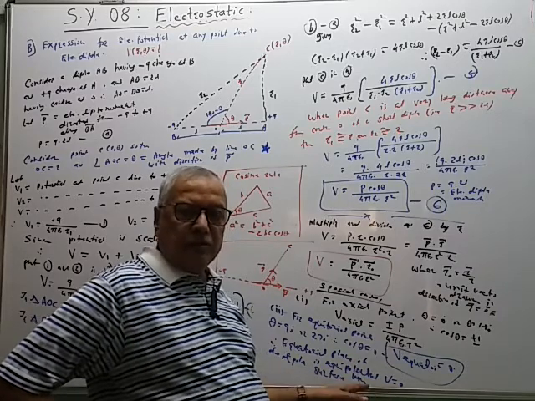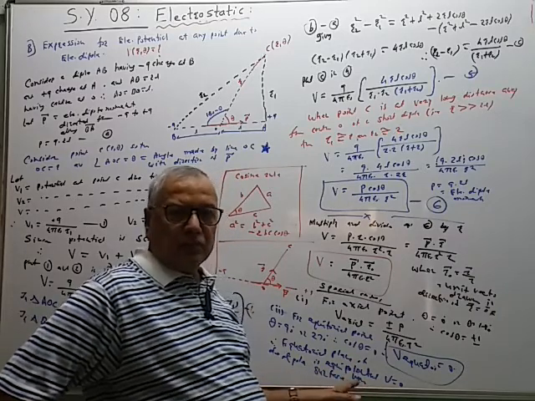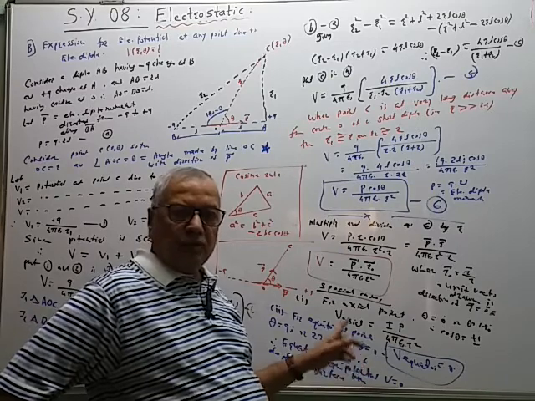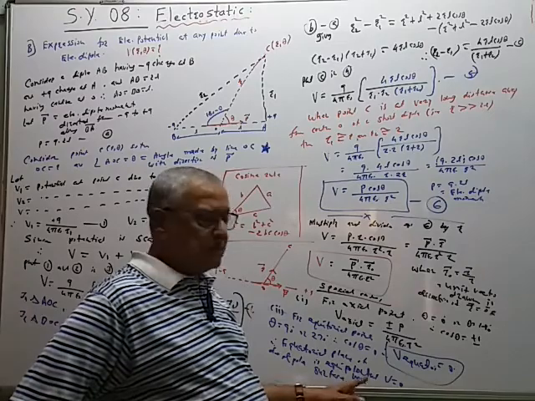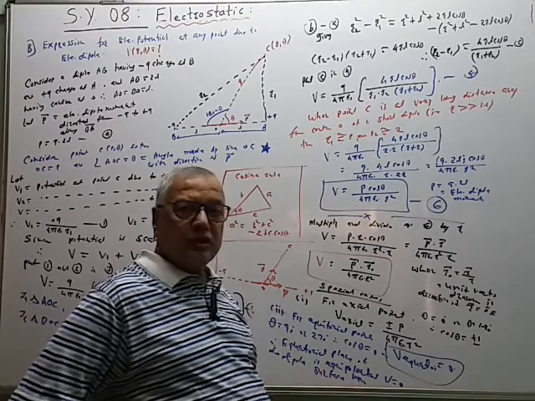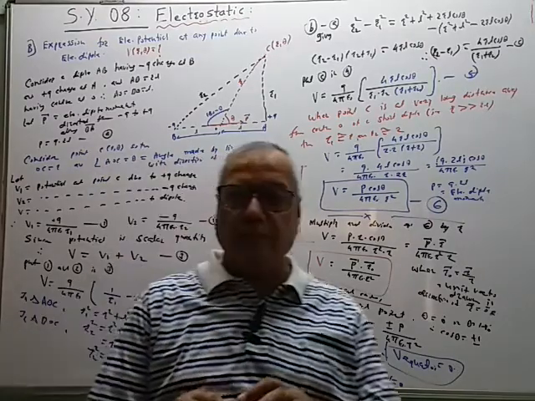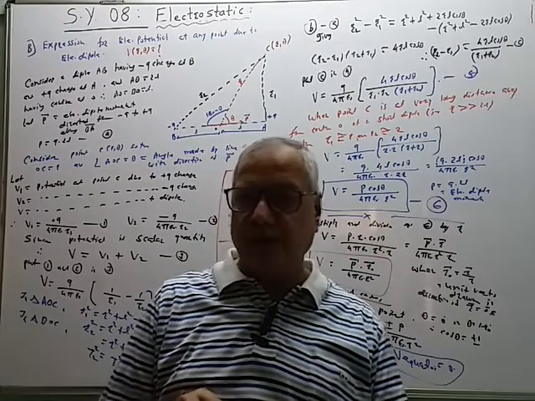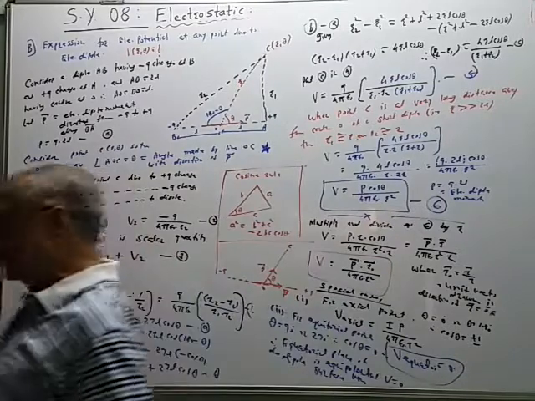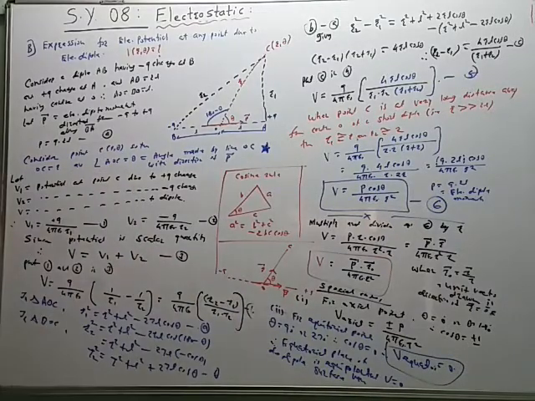It is an equipotential surface. Why? Because all the points have the same potential. Potential on the equatorial line is the same, therefore it is an equipotential surface, and this potential is 0, therefore it is called a zero potential plane. Equatorial plane, equipotential surface and zero potential plane, all these three mean the same. So this is one more example of an equipotential surface of zero potential plane, like this.